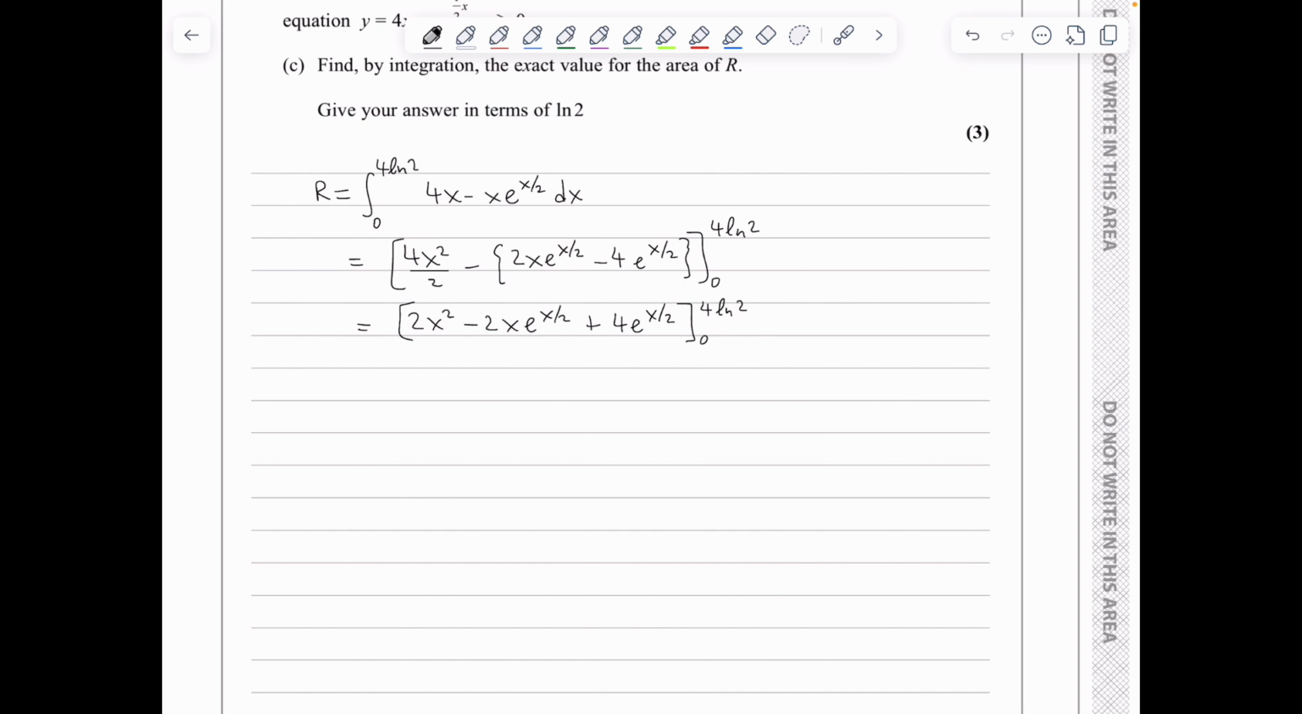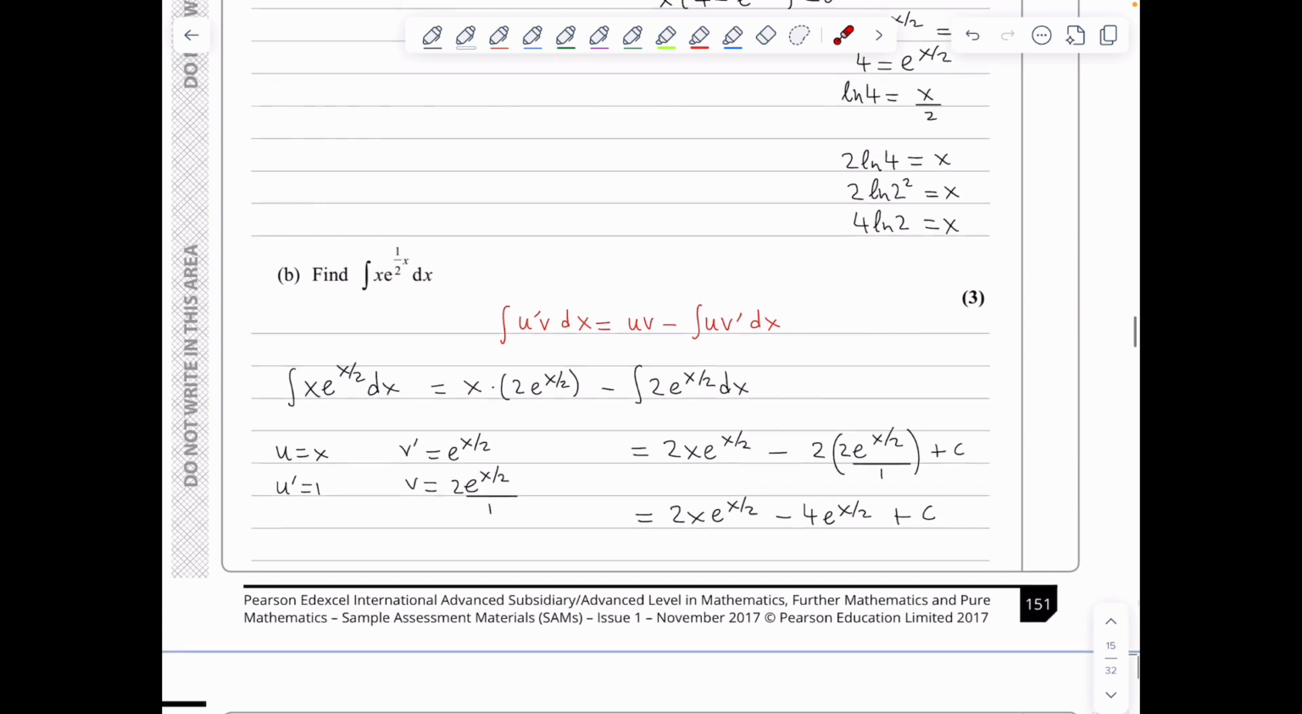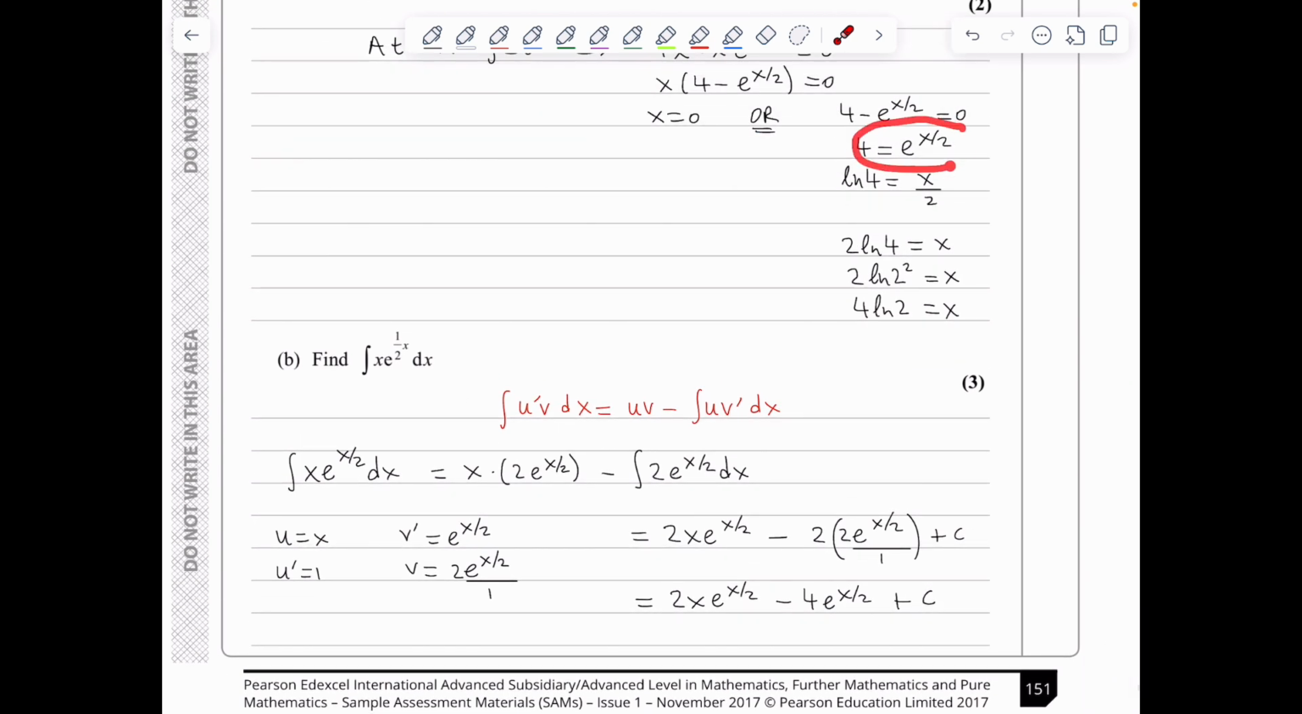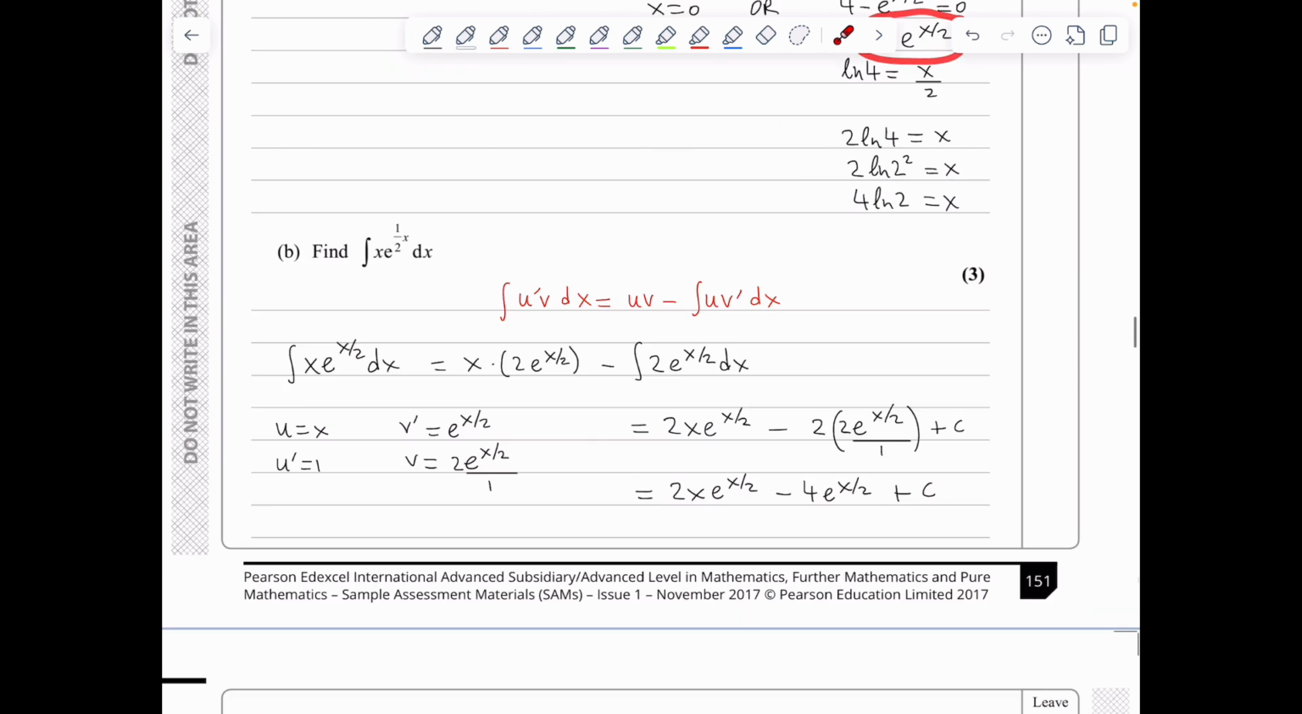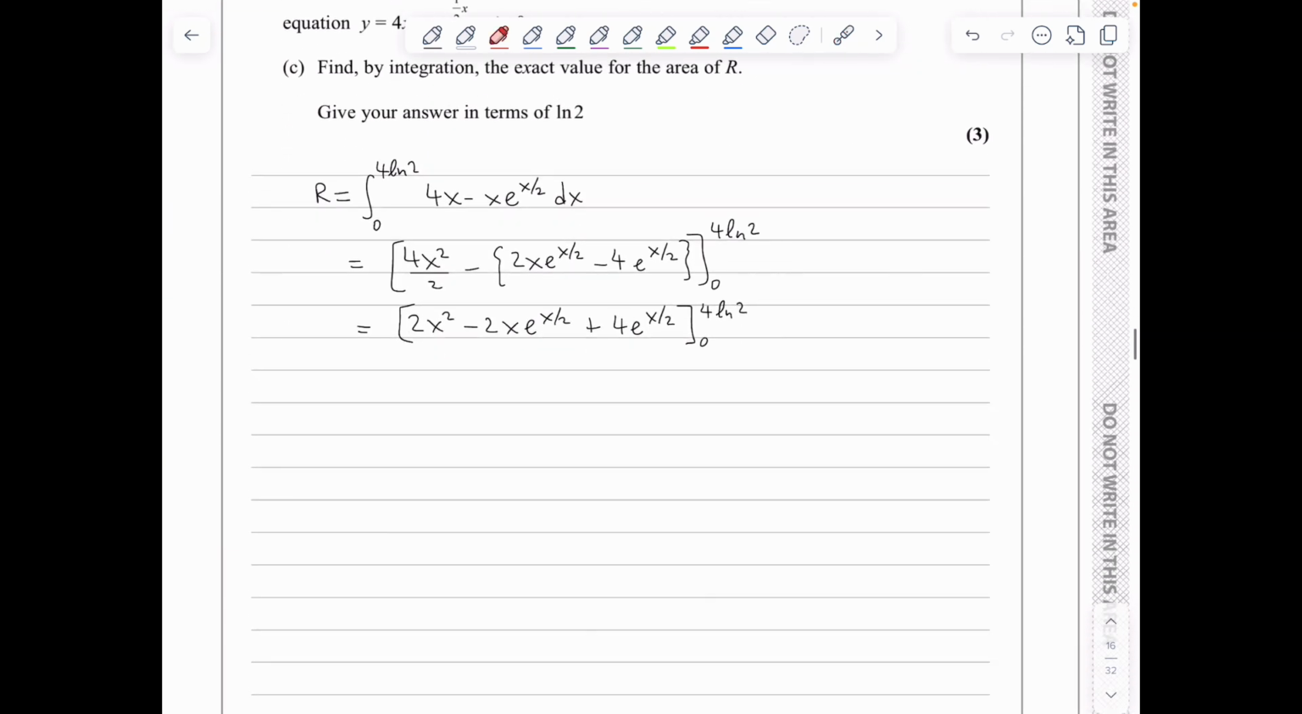Now before proceeding into substituting the upper and the lower limit, let's go back to part A, where we have observed that e to the x over 2 is equal to 4. So I'm just going to write this here as a reminder. e to the x over 2 is equal to 4. So when I'm substituting 4 ln 2 and I've got e to the x over 2, I'm simply going to be putting 4. So we are looking at 2 times the 4 ln 2 raised to the power of 2 minus 2 times 4 ln 2 times e to the x over 2, which is simply 4 as we explained,